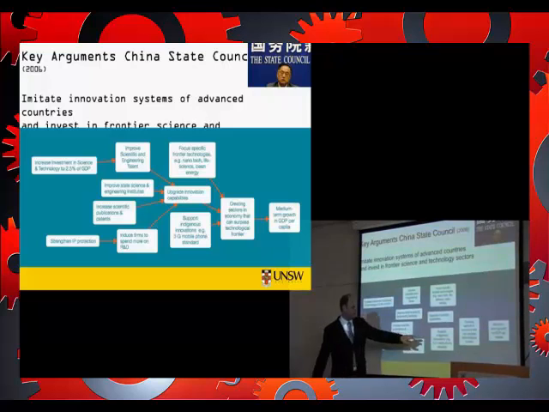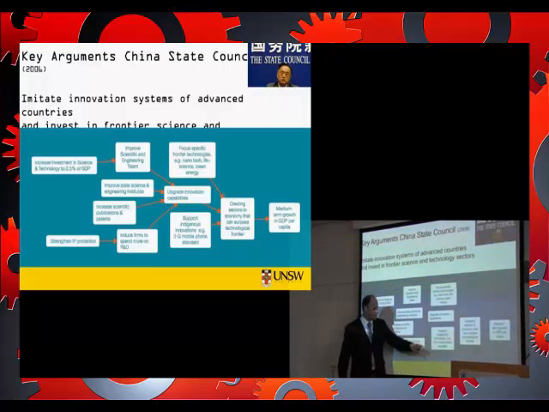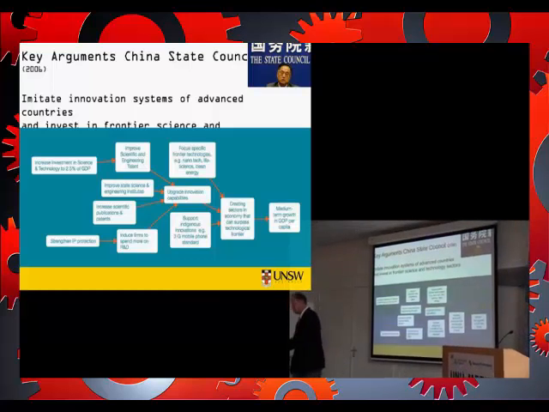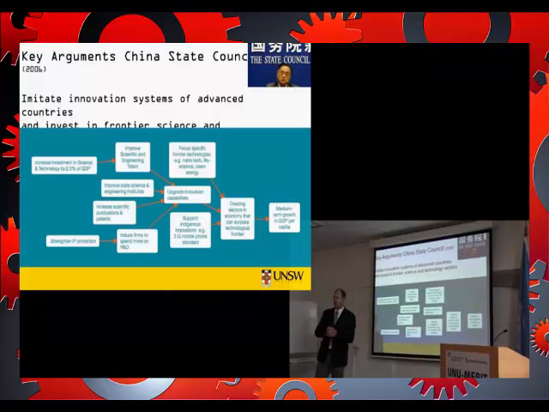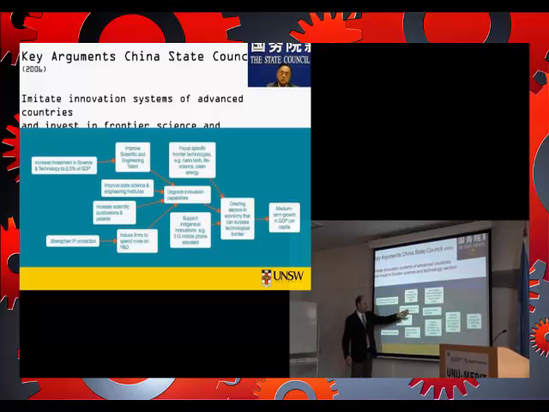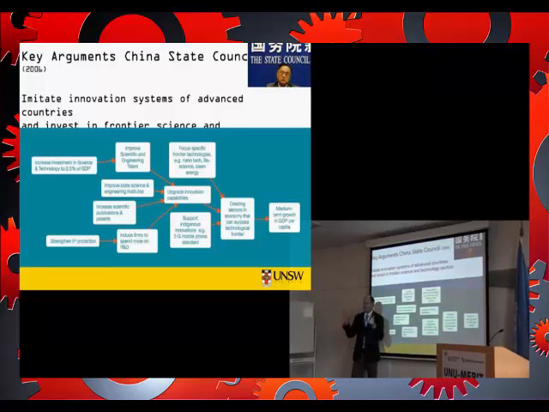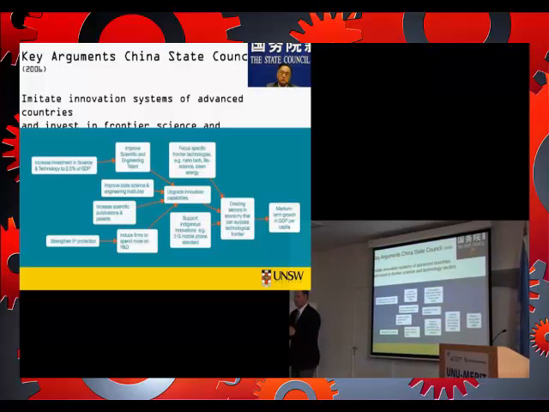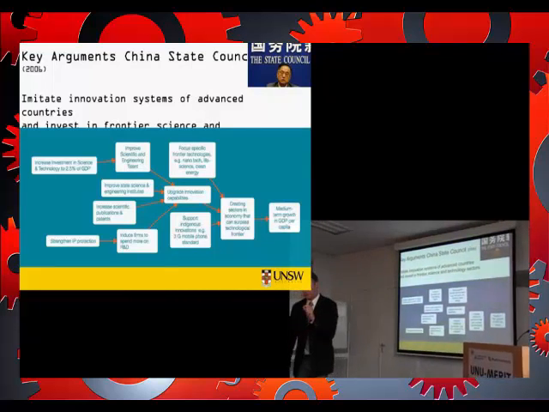Similarly, we are going to focus on support of indigenous innovation. We want to reduce the amount of foreign technology being used and have local technology. For example, they created their own 3G standard and worked to improve science and engineering institutes. So these are standard arguments for how you would actually become more like the US and more like Europe. And I want to spend a bit more time